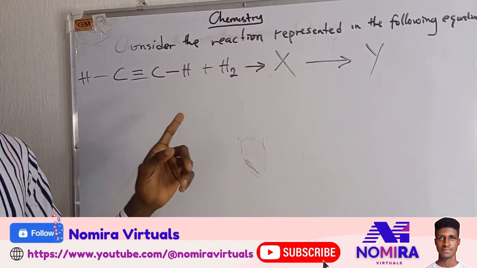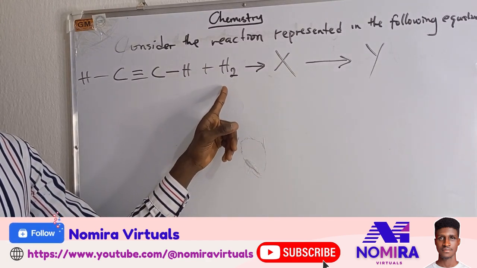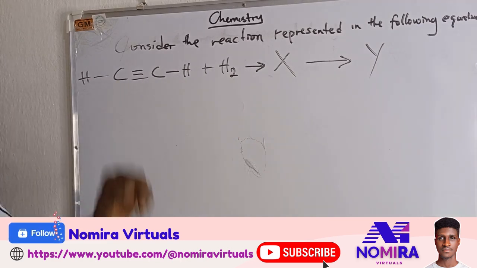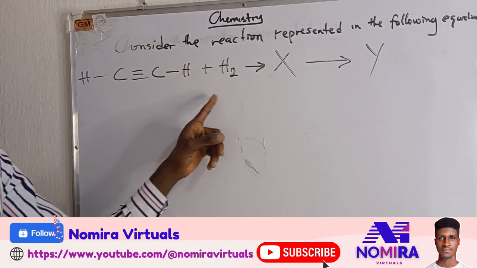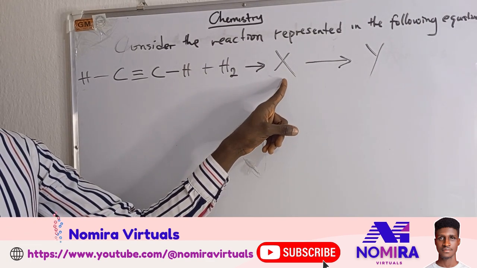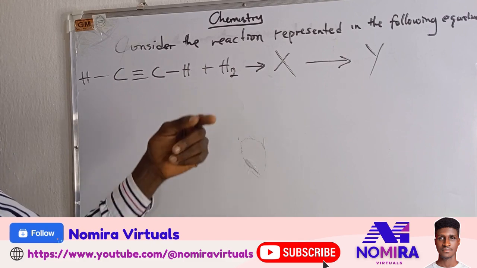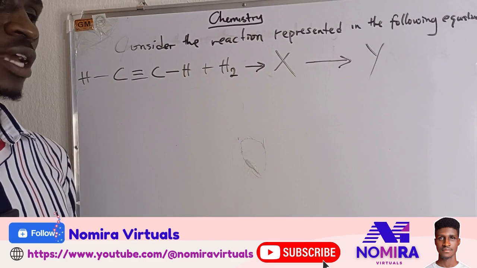Now, this is the full question where we are going to be seeing addition of hydrogen to ethyne. This is going to give us a two-step reaction, where the first reaction is going to give us the product X, and then the second reaction will give us the product Y. Now, let us briefly discuss the